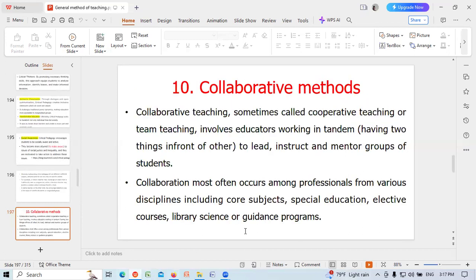Collaborative method. Collaborative teaching, sometimes called cooperative teaching or team teaching, involves educators working in tandem, taking turns in front of others to lead, instruct, and mentor groups of students. Collaboration most often occurs among professionals from various disciplines, including core subjects, special education, elective courses, library science, or guidance programs,